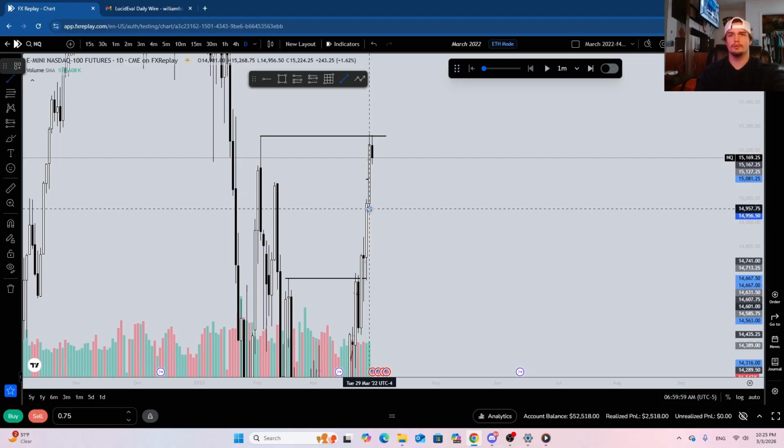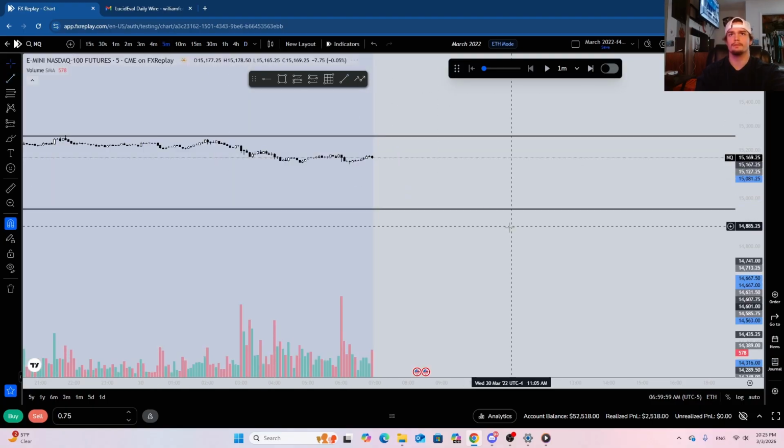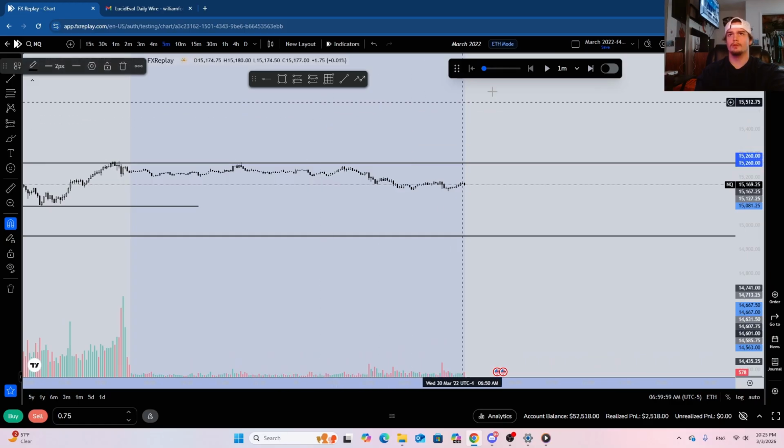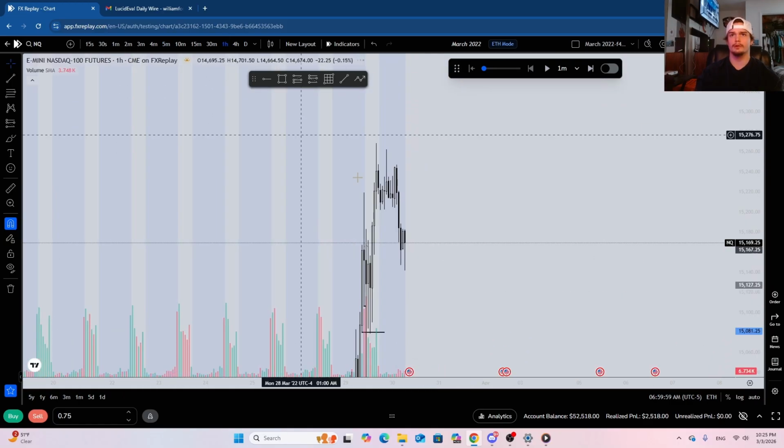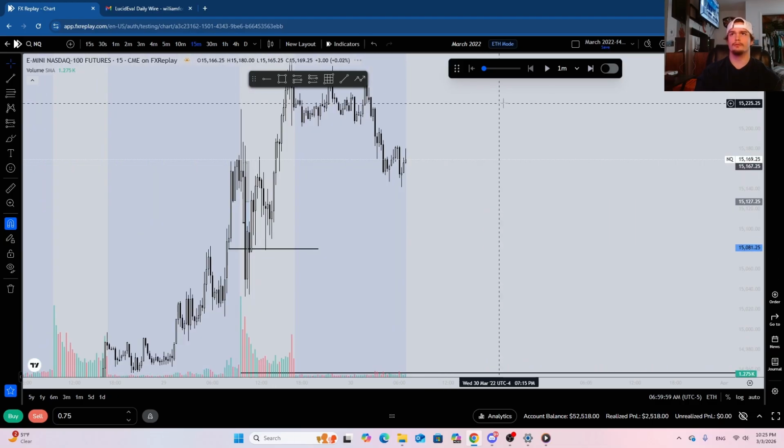And we just came up and swept previous day highs, so this would be a solid draw on liquidity here. Yeah, we barely reswept those previous day highs. Okay, so it's going to be our solid draw here. I'm going to skip ahead on the 15 minutes, see what happens.